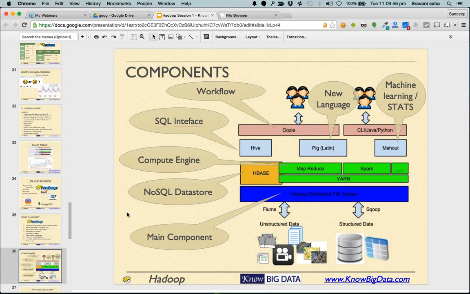All right, so the main component is HDFS. It is the ground on which the whole Hadoop stands. Everybody uses HDFS. It's the only file system with such a massive scale to expand. You can keep on adding more and more computers without having to redistribute, without having to think, okay, now I have 10 hard disks, I have to move this folder into that folder. No, you don't have to worry about any of this. Hadoop takes care of it automatically for you.